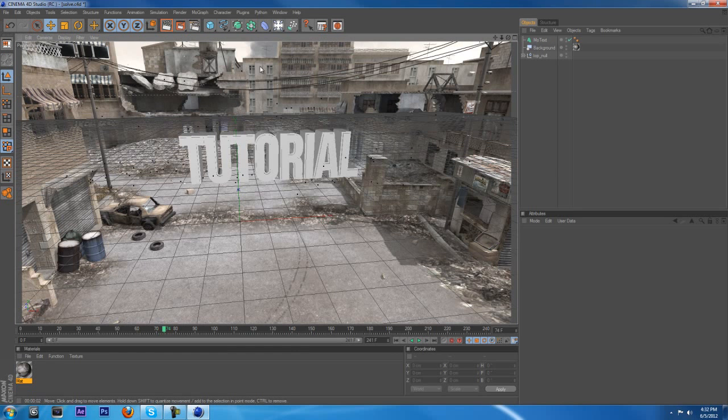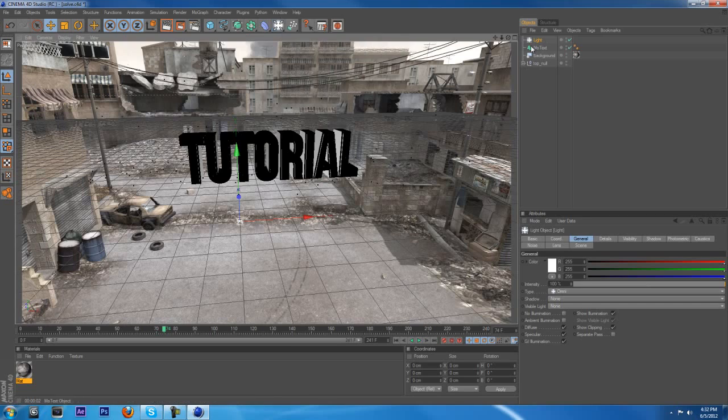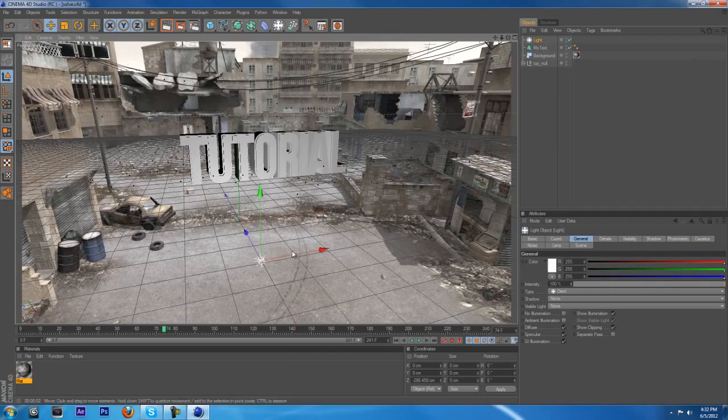lights and a texture. So let's make a light by clicking on this button right here. I can go to spotlight, area light, but I just prefer light because I'm not too good with Cinema 4D lighting, but this seems to work out. So drag the light up a little,